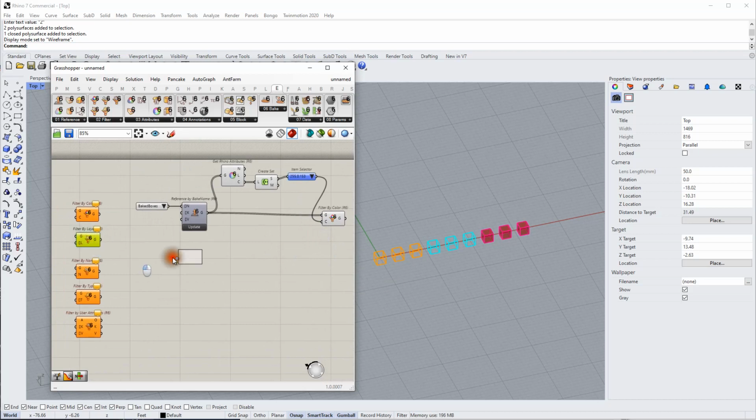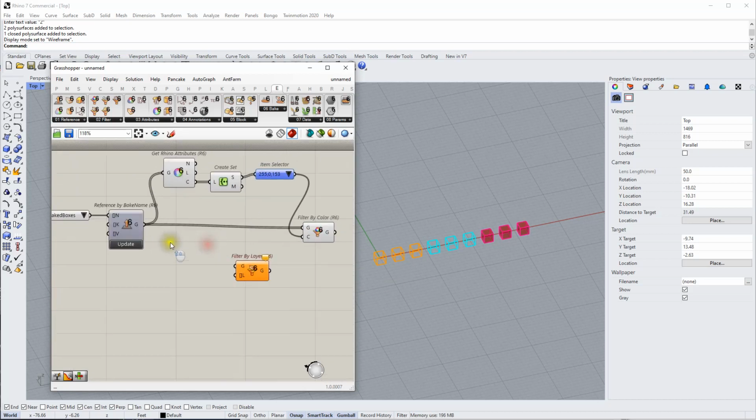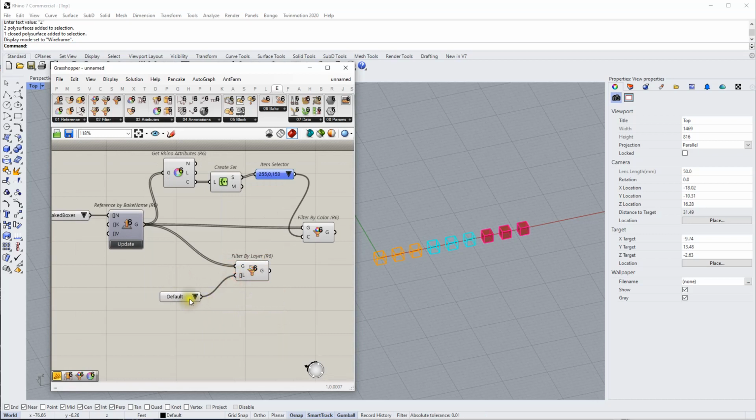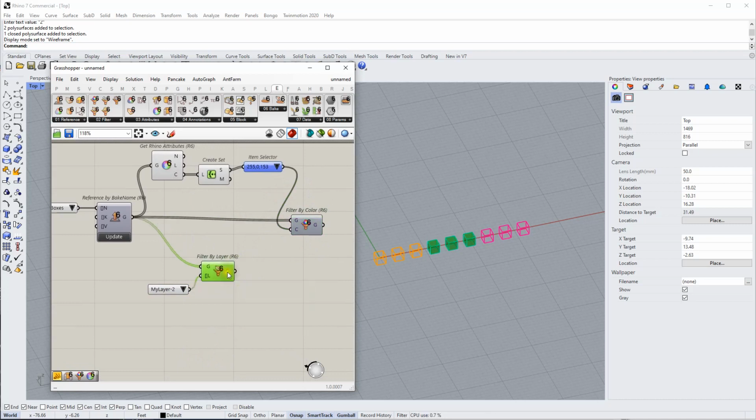So once again, we can kind of do the same thing with the layer, our geometry. This one will actually populate a value list since it has our brackets, giving us a list of all the layers. Turn the preview off on that. This will also take some wild cards. So if I do my layer asterisk, we can get everything